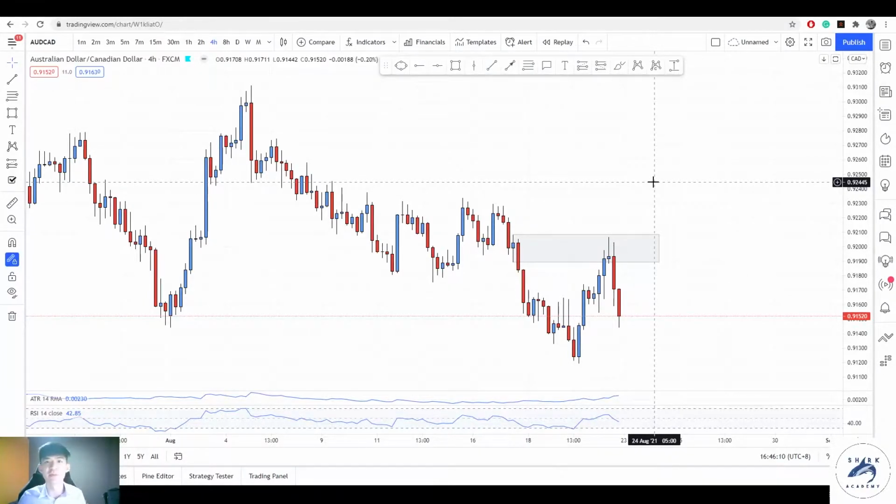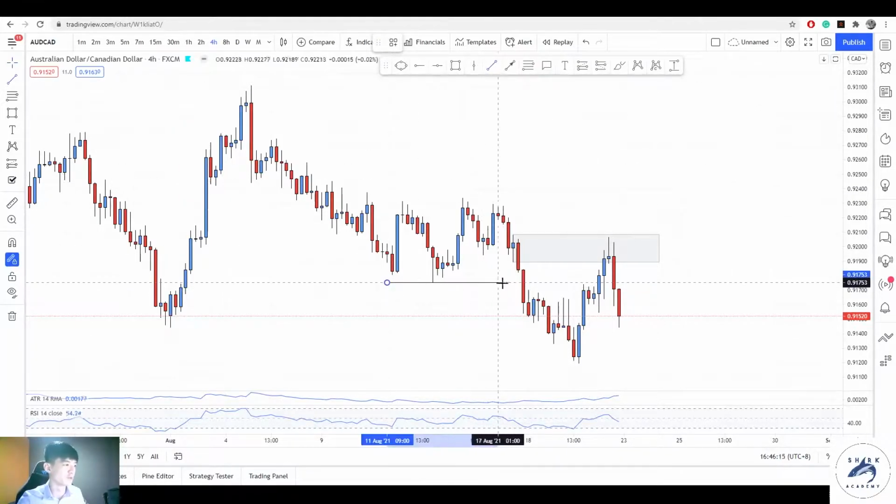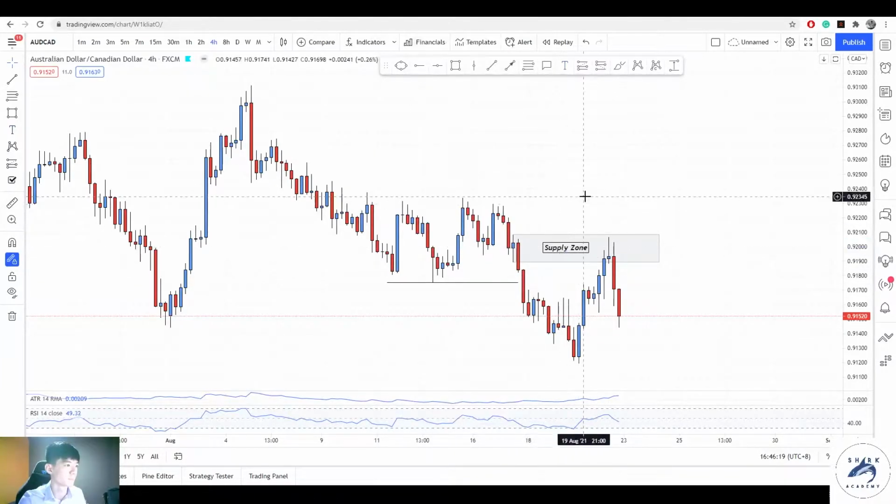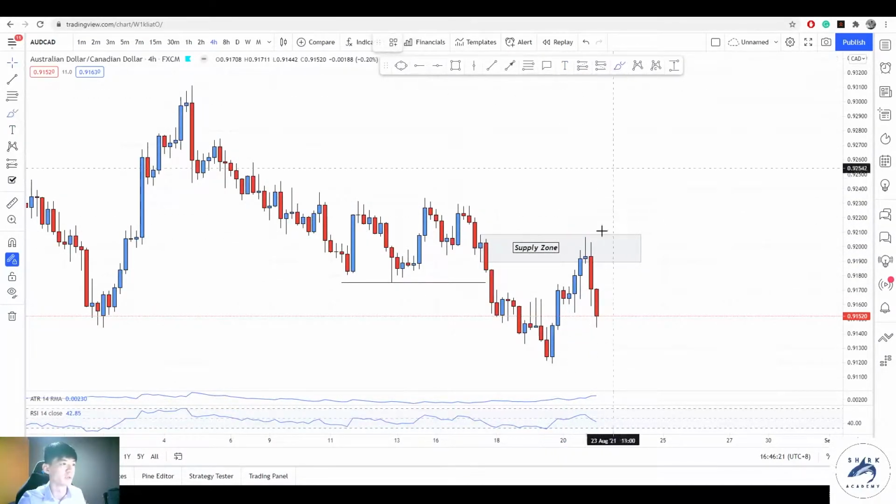The very first pair I want to talk about would be AUDCAD. Right off the bat, we have a breakout structure over here, leaving behind what? A supply zone, right? And we want to dive deeper into what is going on here. So you can see that the move already happened, but this does not mean that we cannot catch the continuation